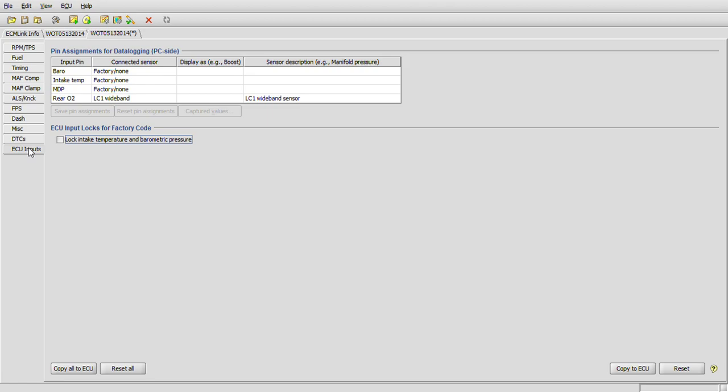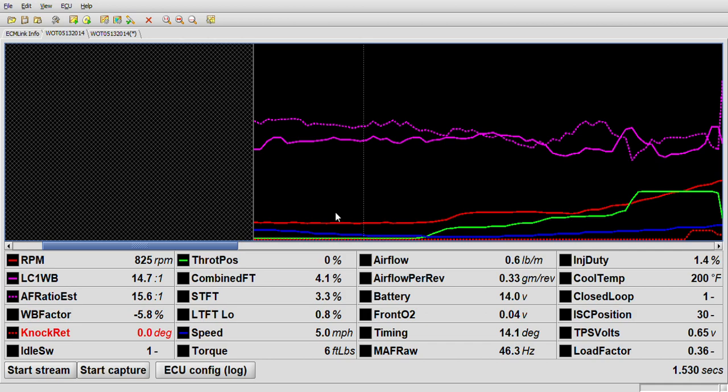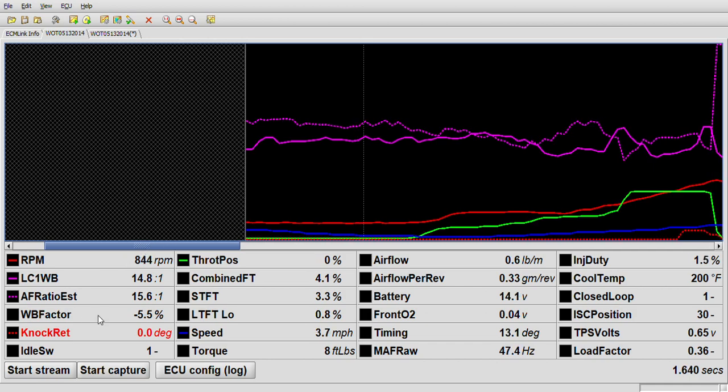And then the ECU input tabs, see there's a whole lot less here as well, as far as what you're programming. That's the other thing also. One thing I want to make mention of is that one thing that is kind of a pain if you're using wideband factor and you're trying to look at your target value. The thing you have to keep in mind, even though this program I'm using to record this particular video,